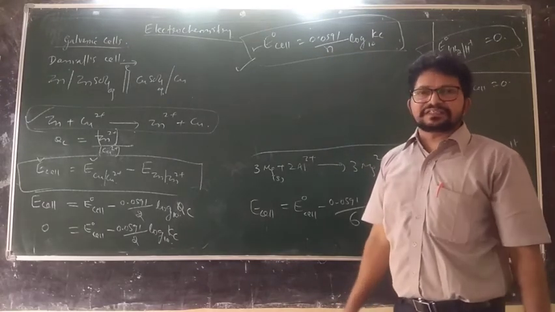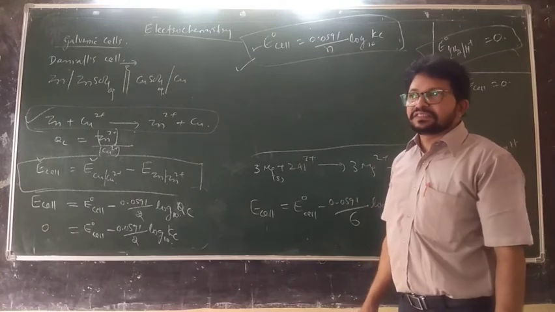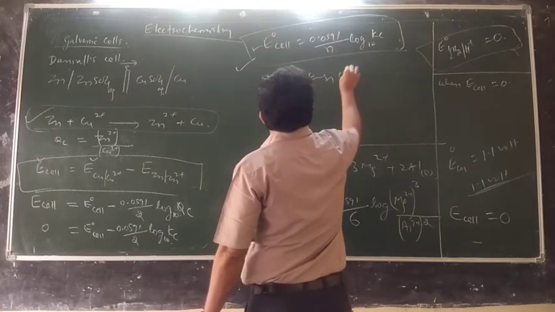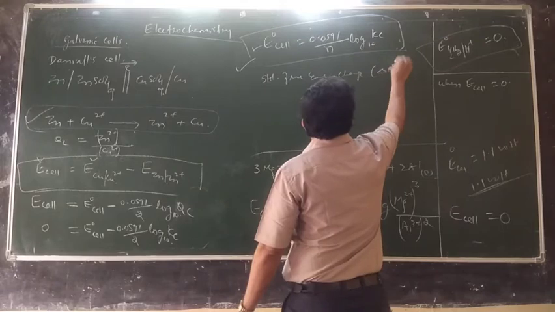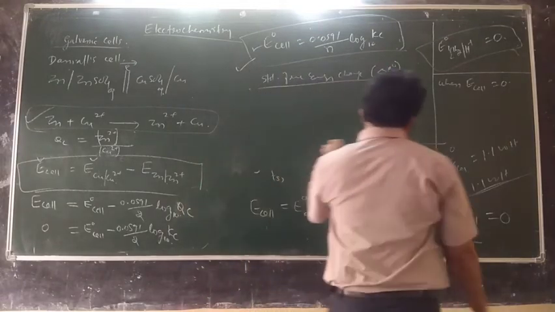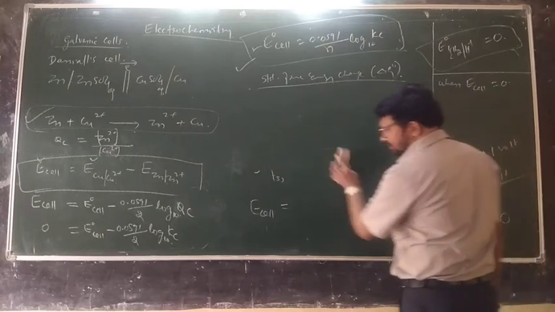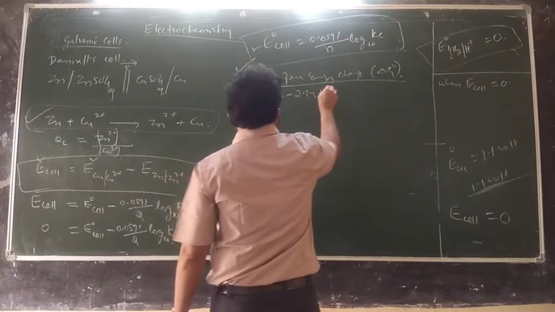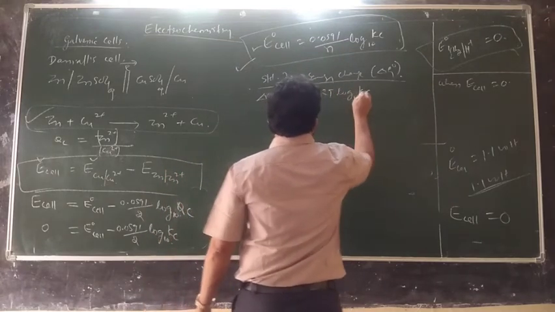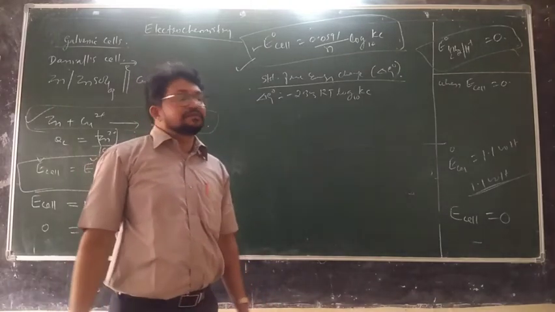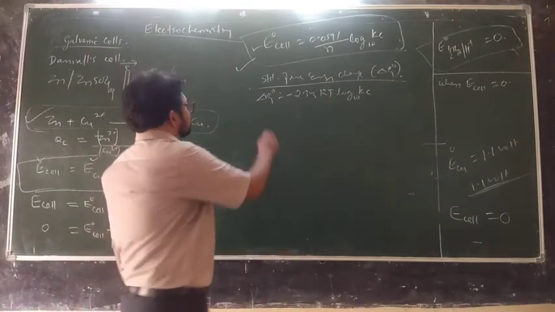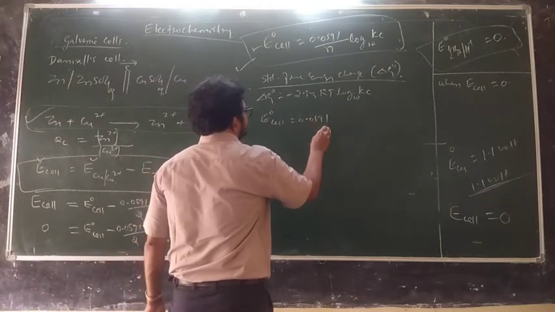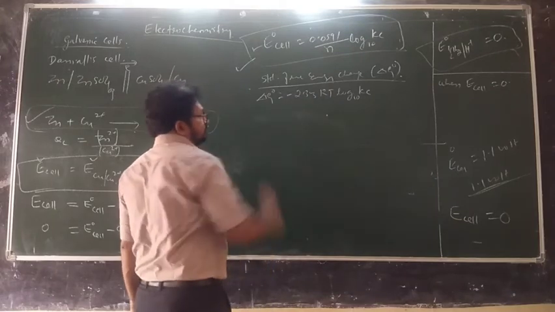One more equation under the galvanic cell is the standard free energy change, delta G. See, there are equations in chemical equilibrium. One equation is delta G naught equal to minus 2.303 RT log Kc. This is an equation where it is related to the equilibrium constant. Another equation is E naught of the cell is equal to 0.0591. Wait, I will work out this also.